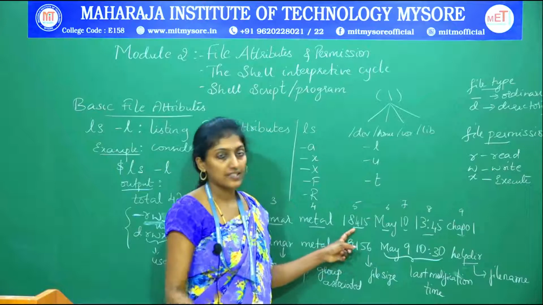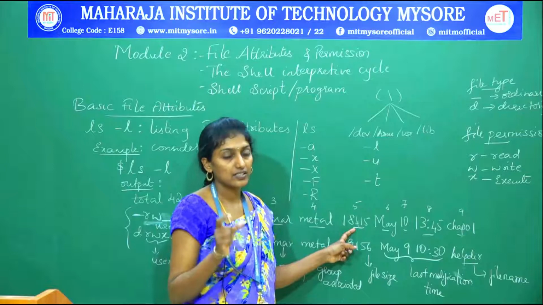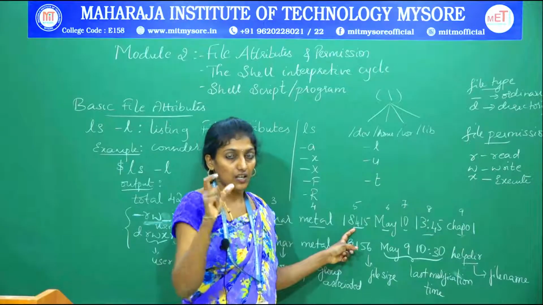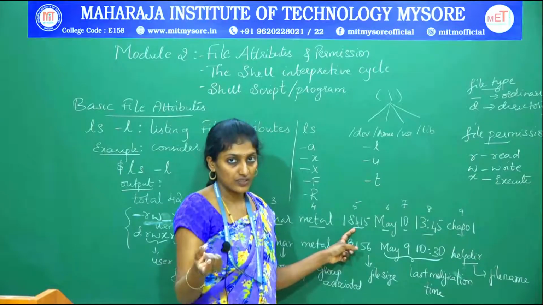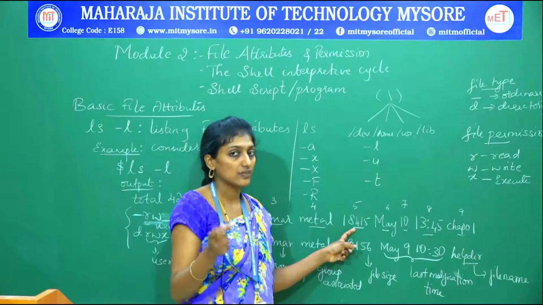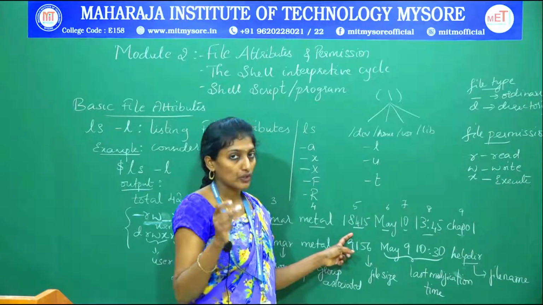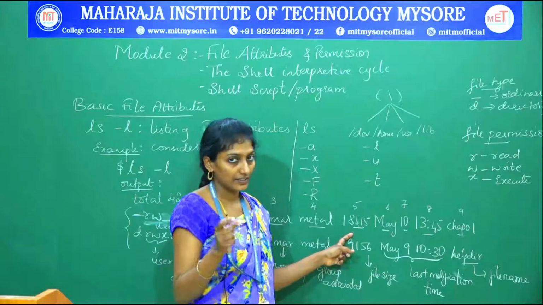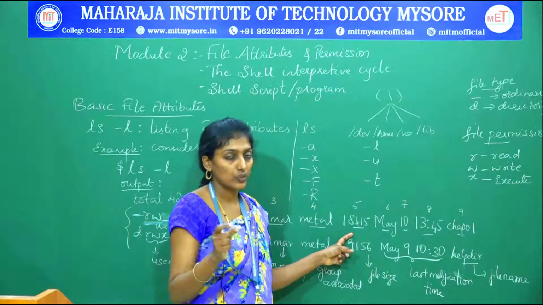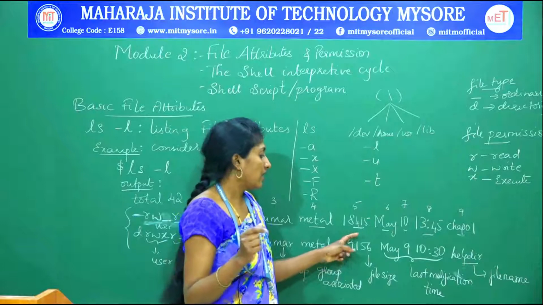This represents the amount of data associated with that file. It doesn't specify the space on the disk, that is the space which has been associated with the file on the disk. Instead, it gives you the count of the number of characters in terms of bytes. So that is what this file size represents: the amount of data in that particular file, as a count of characters, represented in bytes.